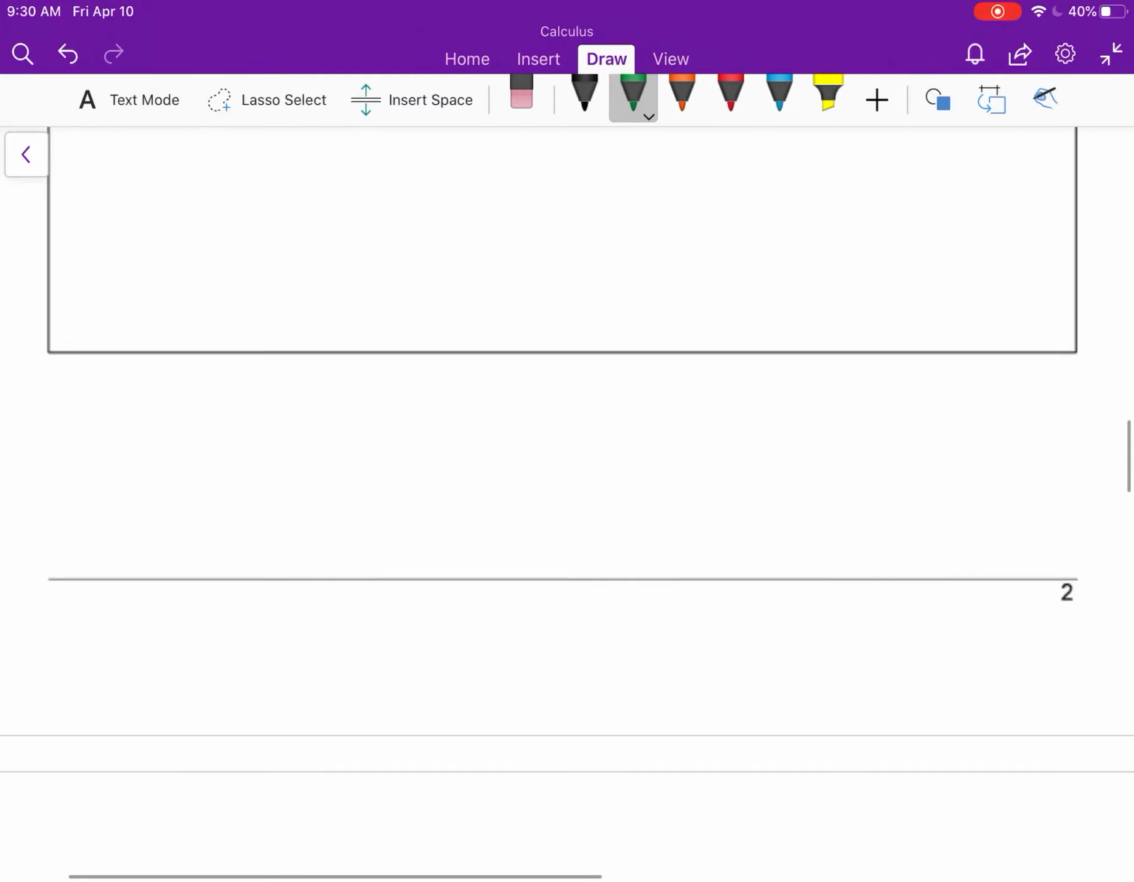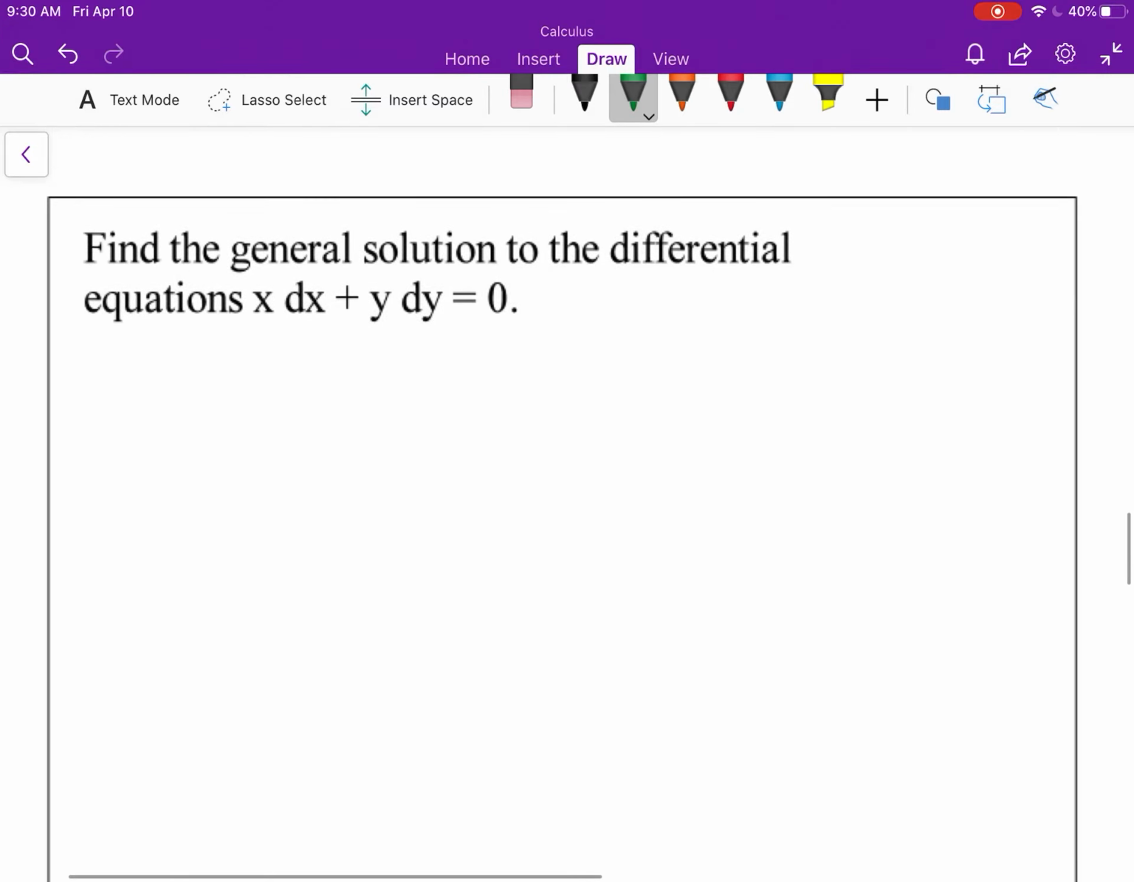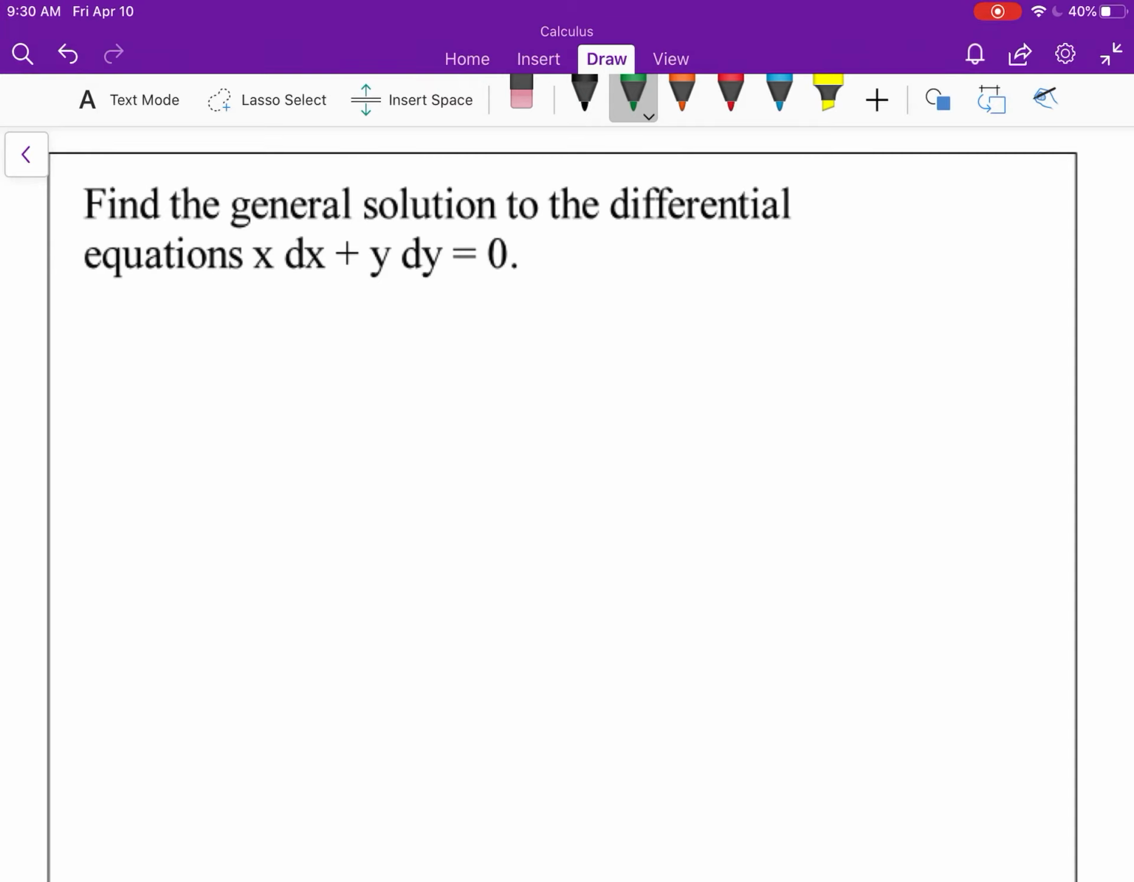All right, let's take a look at the next one. Find the general solution to the differential equation x dx plus y dy equals 0. This is still definitely separable. We can get everything with y on one side and everything with x on the other side. So let's go ahead and subtract x dx from both sides. So we're separating it, and we get y dy equals negative x dx. We are going to integrate,